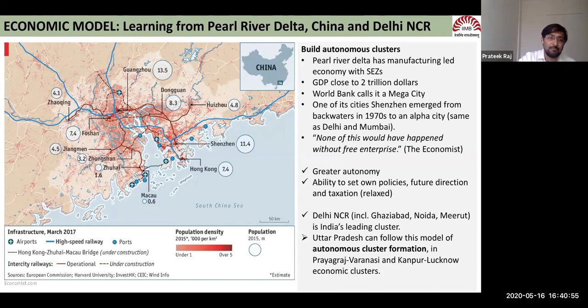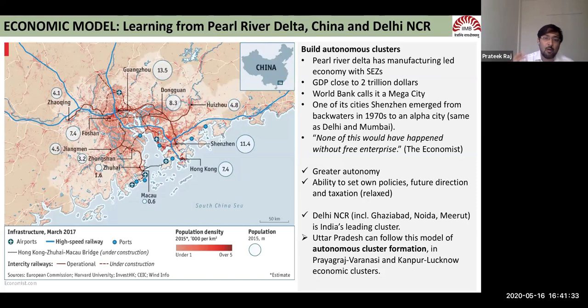The number of the population that an accountable head is looking after is much smaller than, say, the UP chief minister, who is head of 22 crore people, or the Bihar chief minister, who looks at 10 crore people, and Madhya Pradesh has 7 or 8 crore people. So the kinds of populations we are talking about are entire nations, and one person or one administration is accountable for all of it. So let's say that we had to build an SEZ for